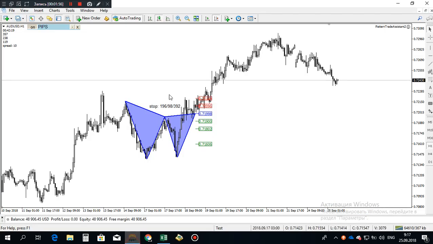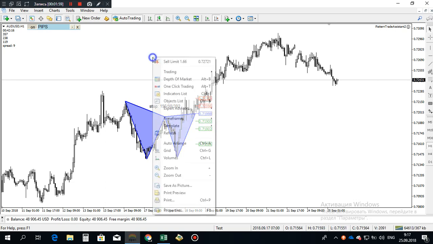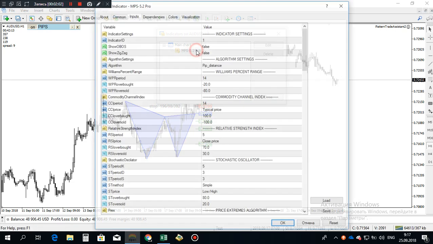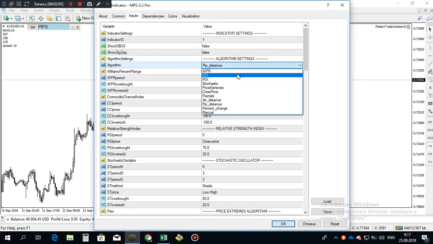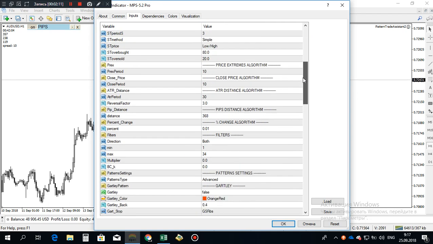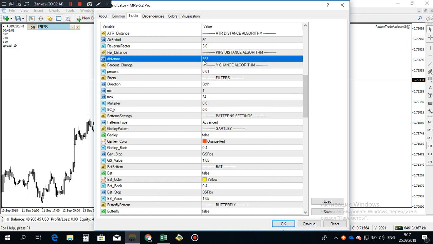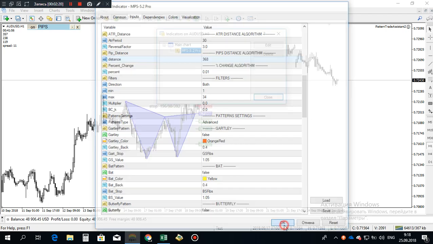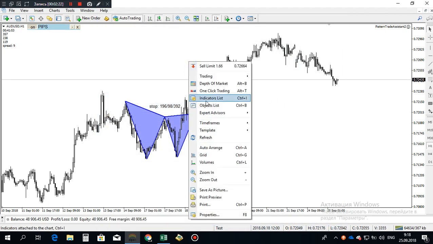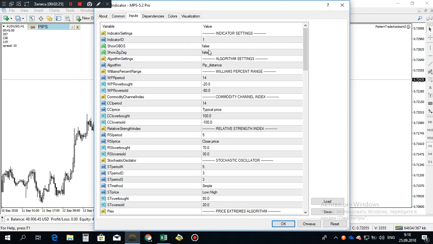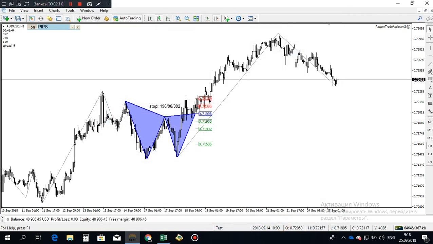After that, I went to my MPS5 pattern recognition software. I go to settings here. I choose the algorithm out of 11 algorithms. I choose the pip distance algorithm, and then I specify my pip distance. Here for Aussie dollar I specified 36.8, so it draws swings at 36.8. If you are interested in these swings, let me show them. The swings look this way, they are drawn on the chart automatically,